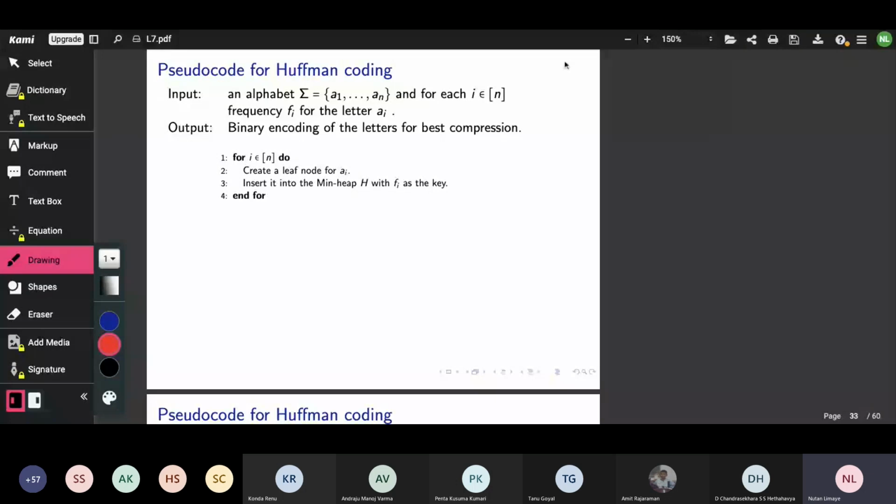Okay, so coming back to the code, we are going to use what is known as the min heap. This was also the data structure that was going to be used in our priority queue that we required for the minimum spanning tree problem.